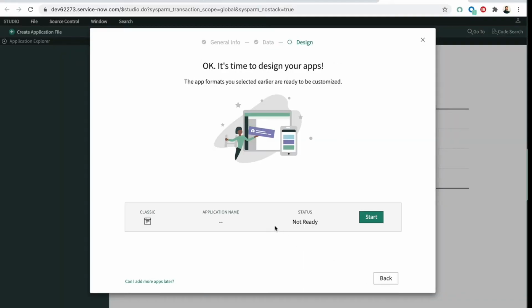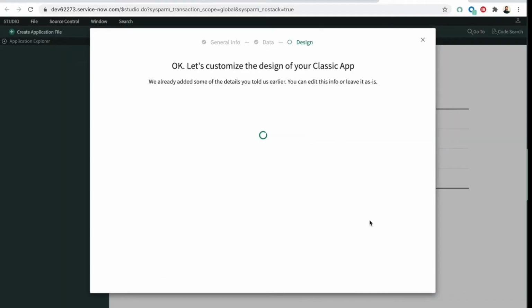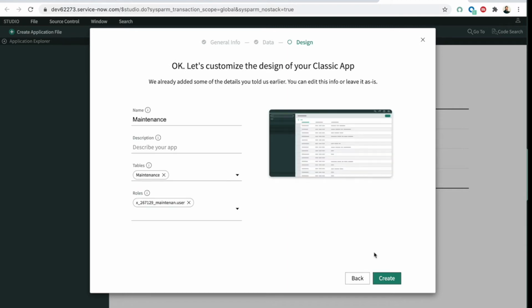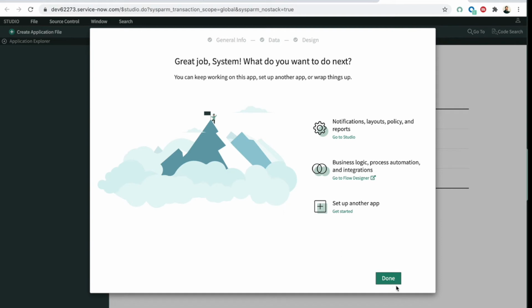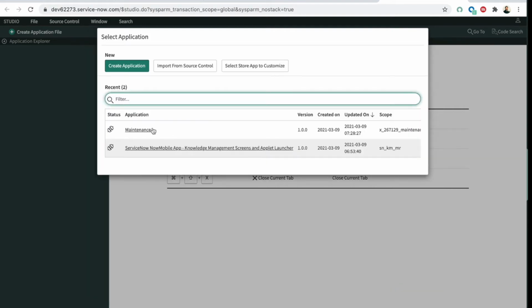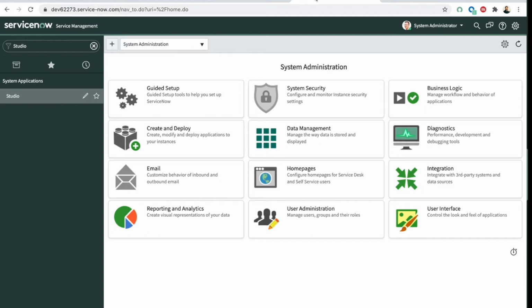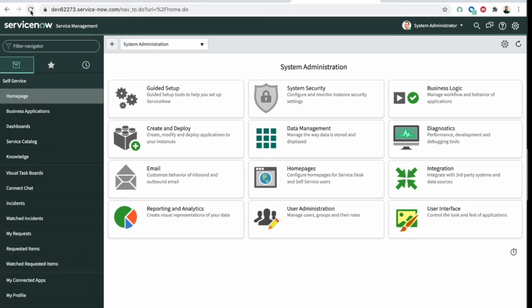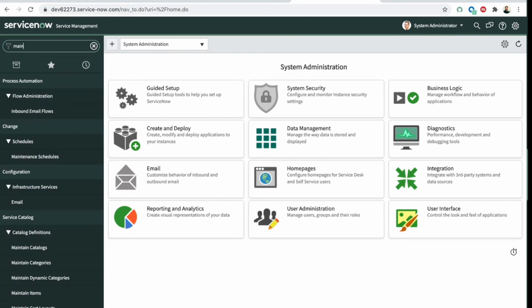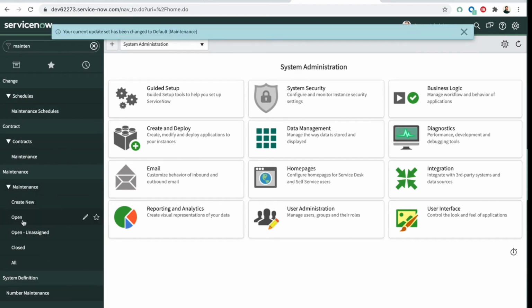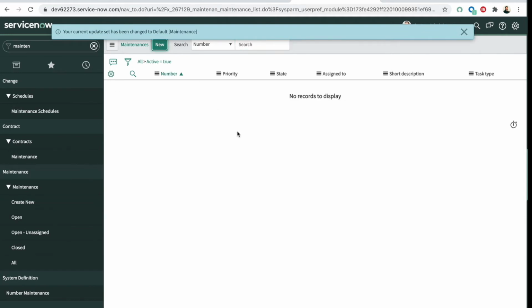So there it is. There's my table. I'm just gonna build my UI really quick, taking the defaults so we can hop to it. So now that we're set there, I'm actually gonna come back to my classic interface where I should now see this maintenance app in place. And I'm gonna type in maintenance. And now I see this over here. There should be no open records. It's empty. But if I click on new,